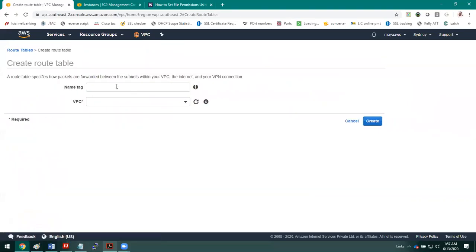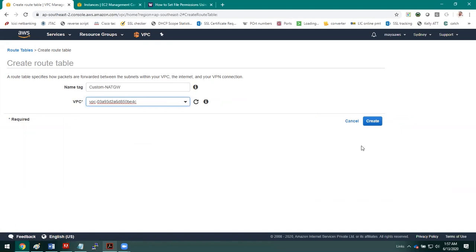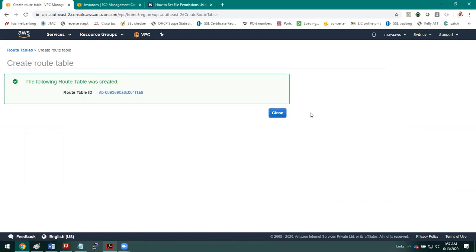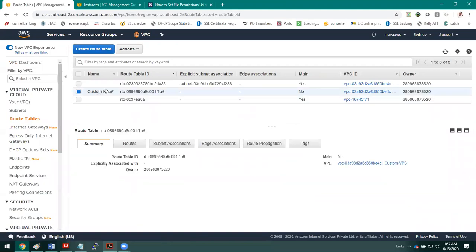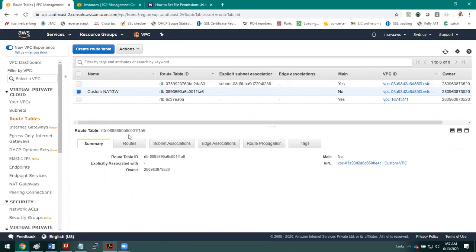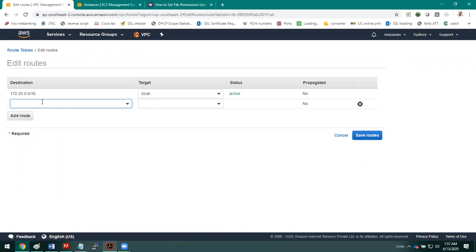So I'm going to create a custom routing table. I have to specify the VPC, and create. So this is my routing table. Still I need to make some changes, like I want to configure the default route for internet access.